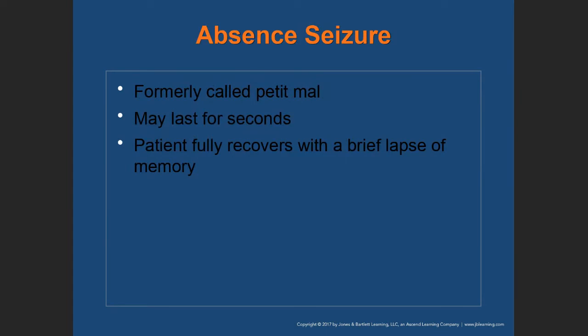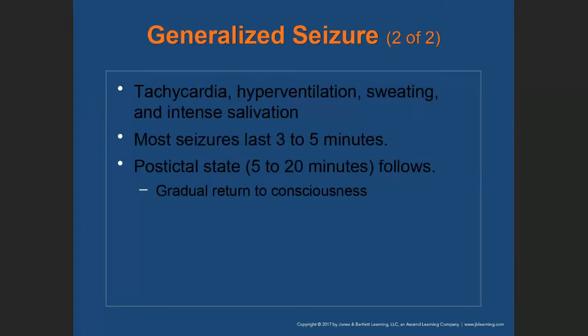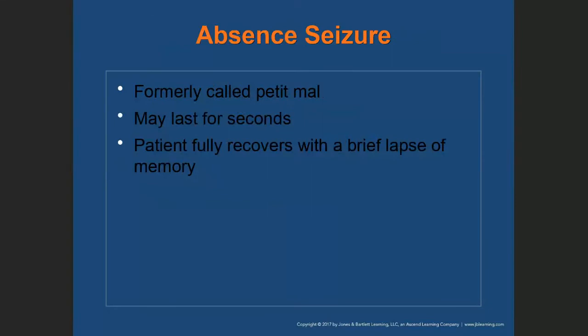Now, absent seizures. This one you will see more in your pediatric population. With an absent seizure, there is a brief lapse of memory, or a brief lapse of consciousness, and it's very difficult to pick up because it presents that way. So what could be happening is the parent tells the child to pass a book on the table and bring it to me. And the child takes up the book, and midway